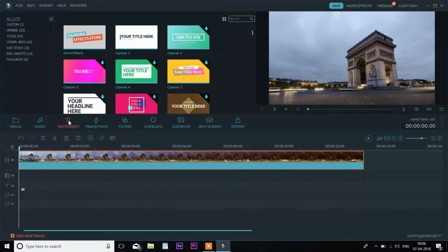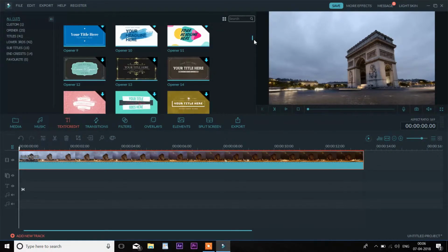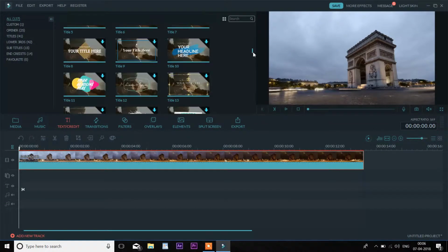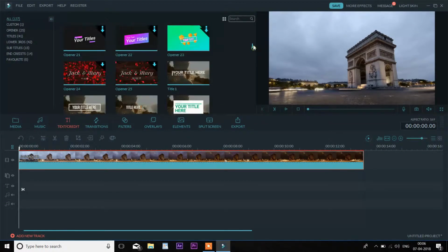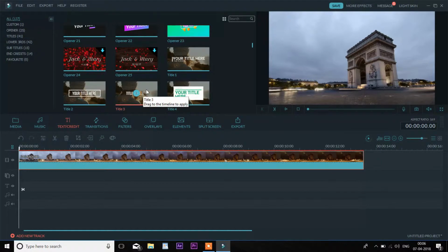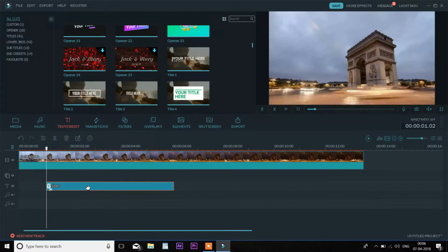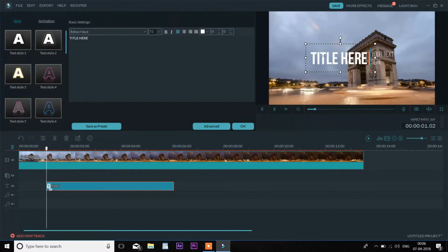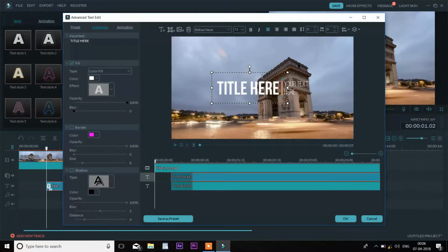If you remember this intro, we had a template from the pre-made templates, but we customized it. So let's find the template. So this was the template. Let's drag it over here, and as you can see, when you double click over here, it gives the text customization option. But here you can see there is an advanced button. So click on advanced. Here there is already a text,